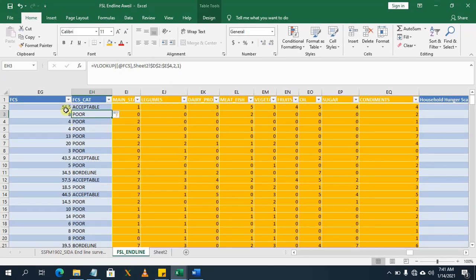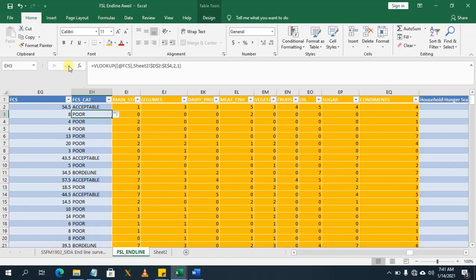So notice that it has now reclassified this continuous data into categorical data. So there we have it. So ladies and gentlemen, that is how we statistically calculate the food consumption score at household levels. Now, if I wanted to find the average, maybe we wanted to aggregate it to administrative levels, then what we'll do